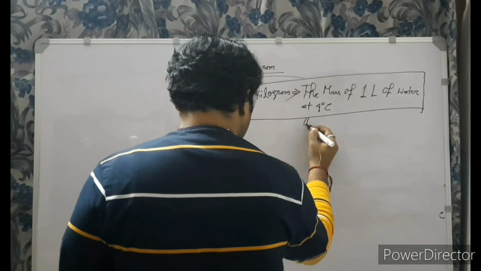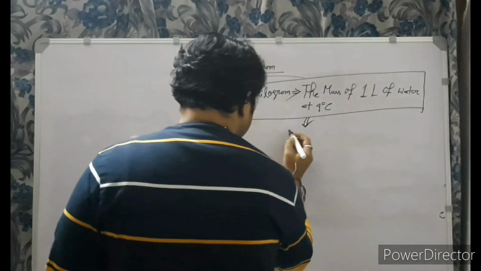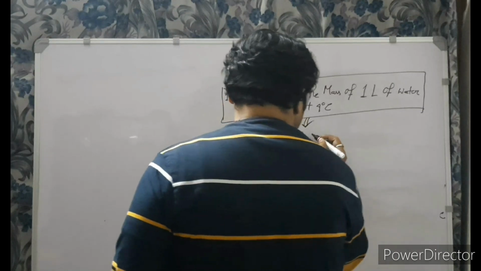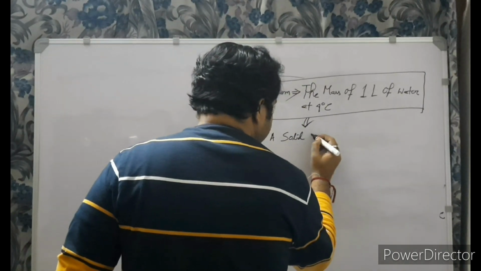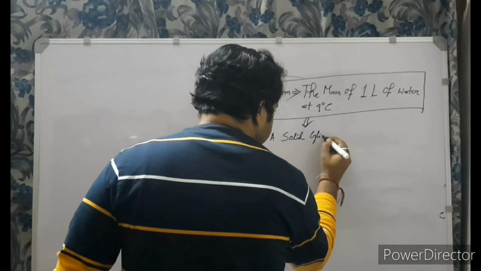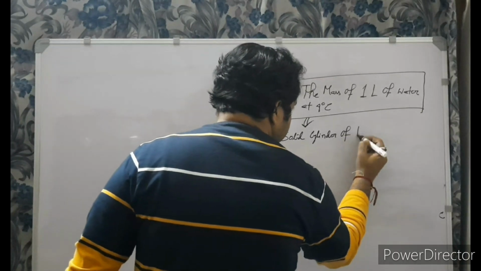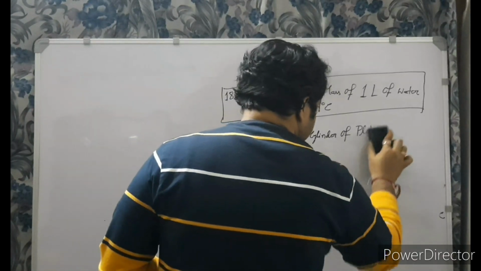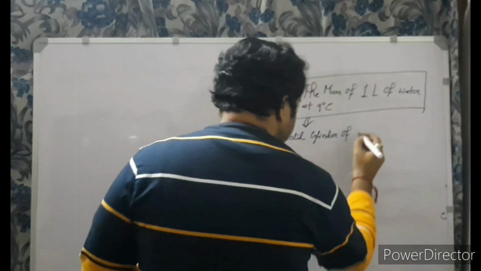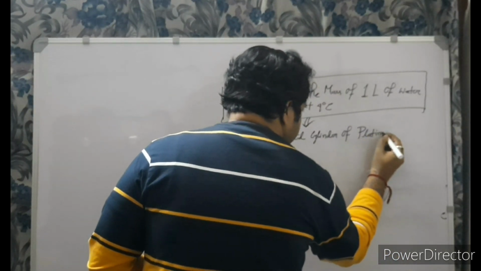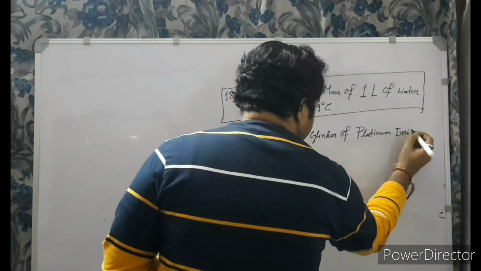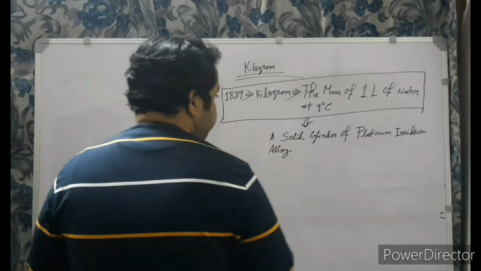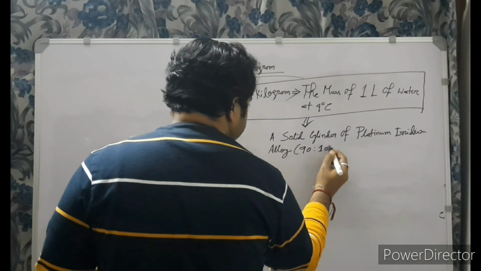The replica was a solid cylinder of platinum iridium alloy with 90:10 ratio,